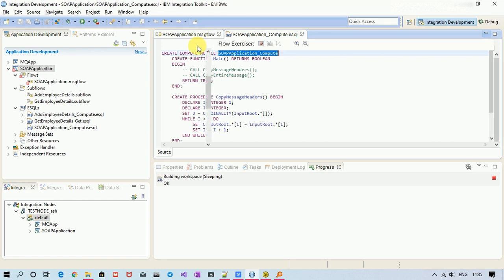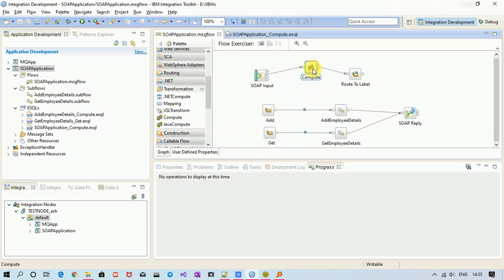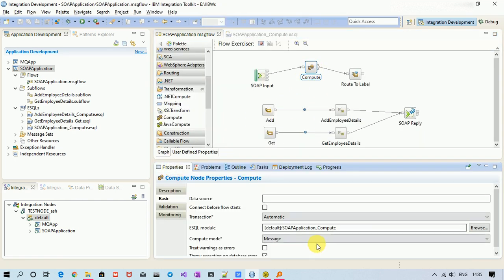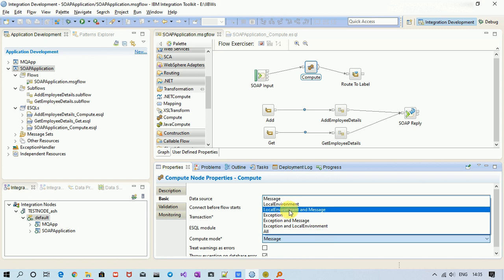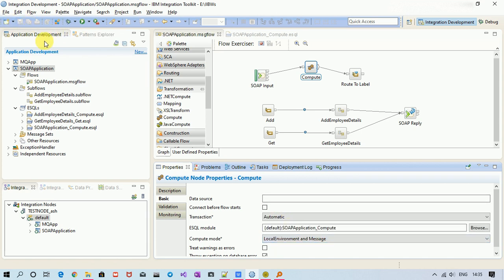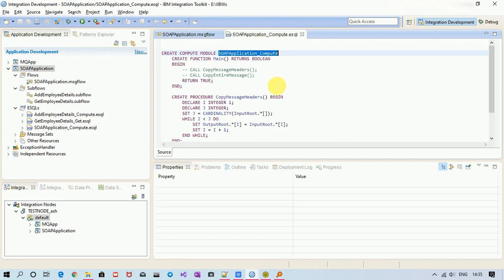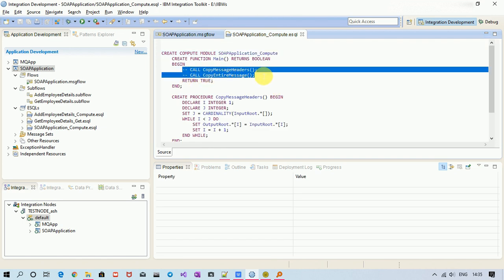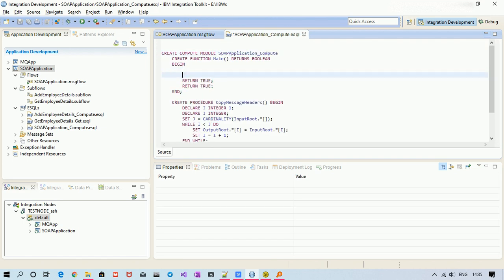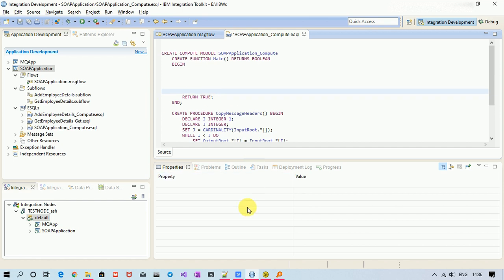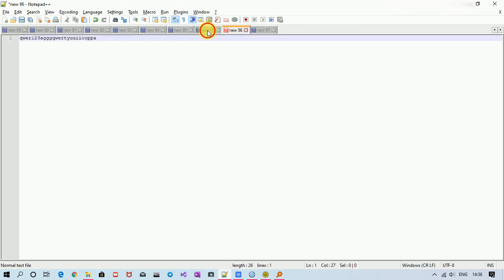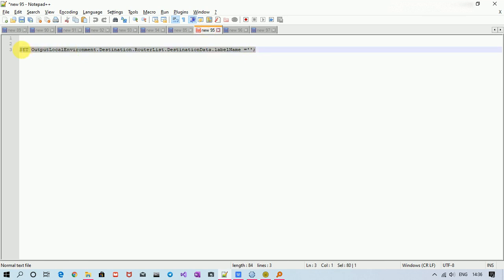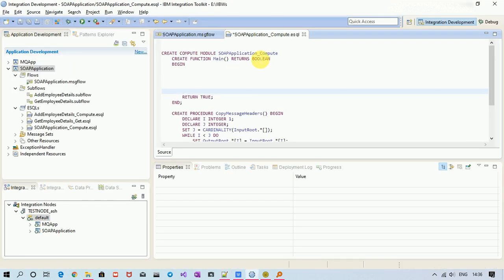I have to set local environment and compute node, so I have to make sure that my compute mode is local environment and message. Now I have to write a line of code which is called, I have copied it somewhere in my notepad. Yeah, this is my line of code which I have to use.